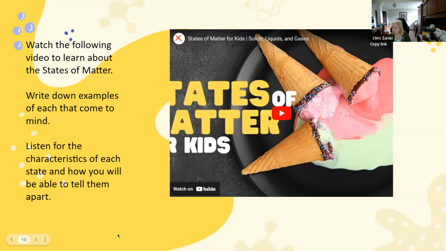More importantly, states of matter. That's a really important one because they do need to know that, and that becomes really critical even for what they're going to be doing with you. So the grade 5 teachers, same thing. We said if they don't know states of matter, then that's where it's a good starting point as well. And this is a great video. It really gives them lots of information. And there's some guiding questions that you might want to ask them to listen for. They could watch it again.